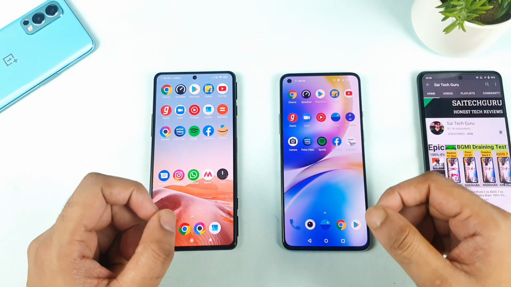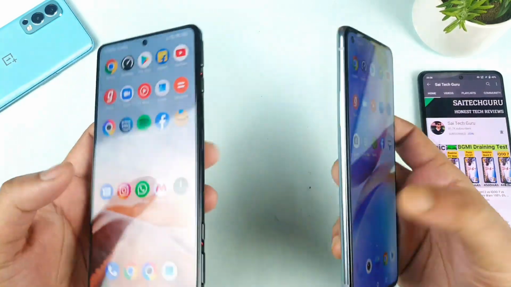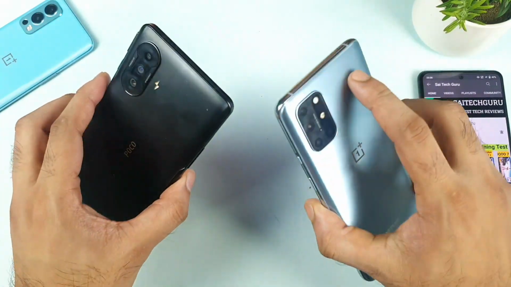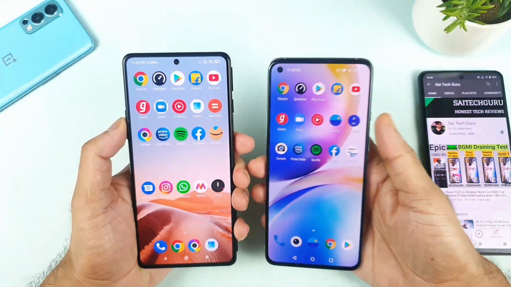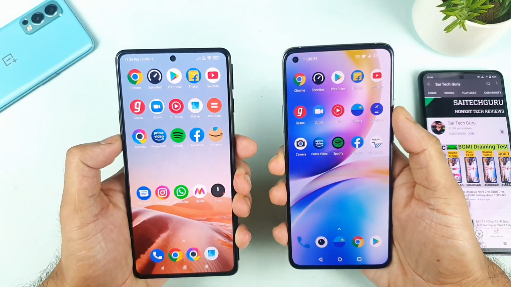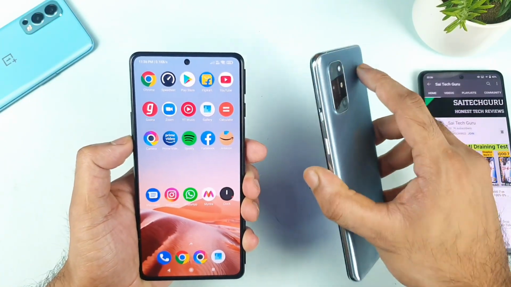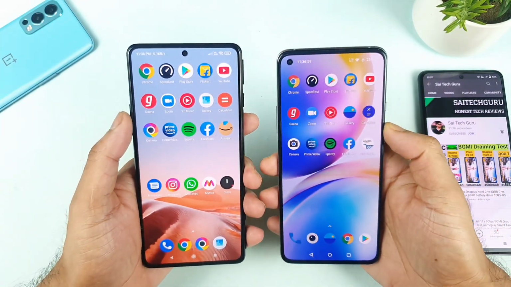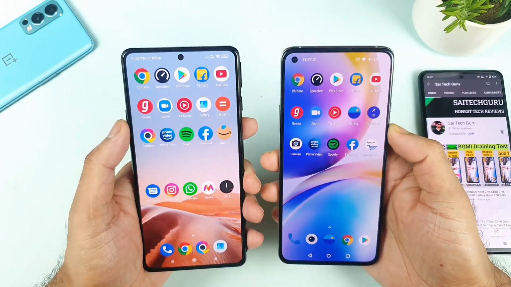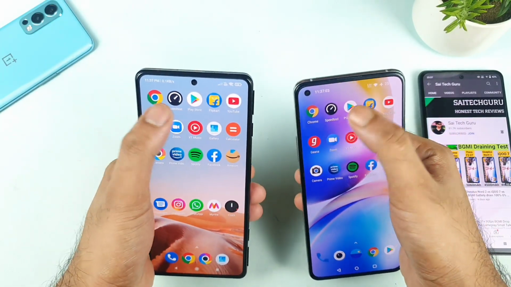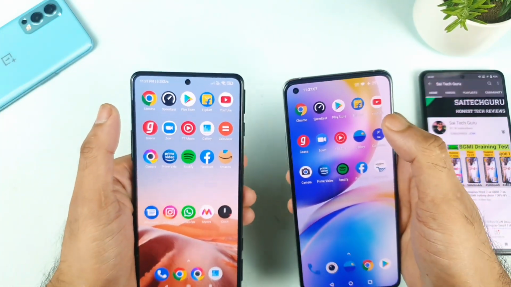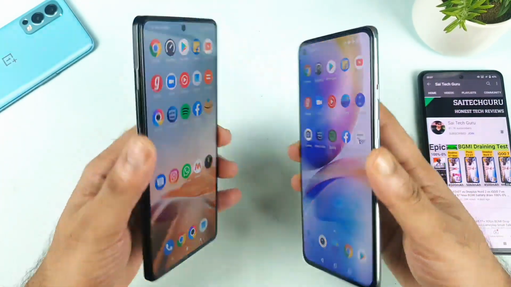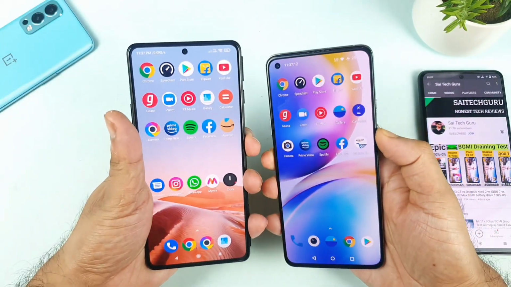In today's video, we're doing a speed test and RAM management test comparison between the POCO F3 GT and the OnePlus 8T. As you can see, friends, the POCO F3 GT has the Dimensity 1200, whereas the OnePlus 8T has the Snapdragon 865 chipset. Let's see which phone is really optimized for multitasking and which is faster at opening the basic applications we use every day. These are the normal applications I'm going to test in this video. Let's see which phone performs best in multitasking and the speed